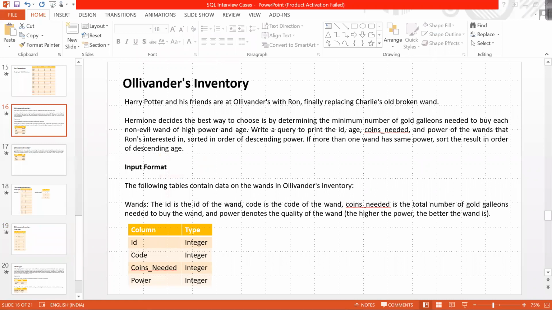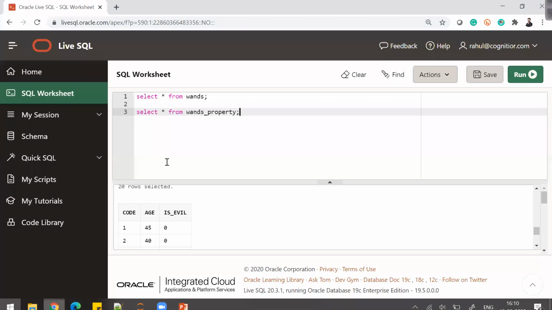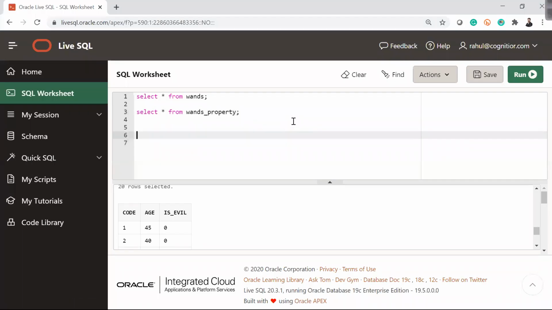Now again, this query can be handled in two different ways. One is with the WITH clause, and secondly with the normal query, right? So here I will go with a normal query. I will go with a normal way of writing the query, and let's see how it works. So first of all, I will look for ID, age, coins needed, and power. So I'll just directly call those columns from the tables. Select